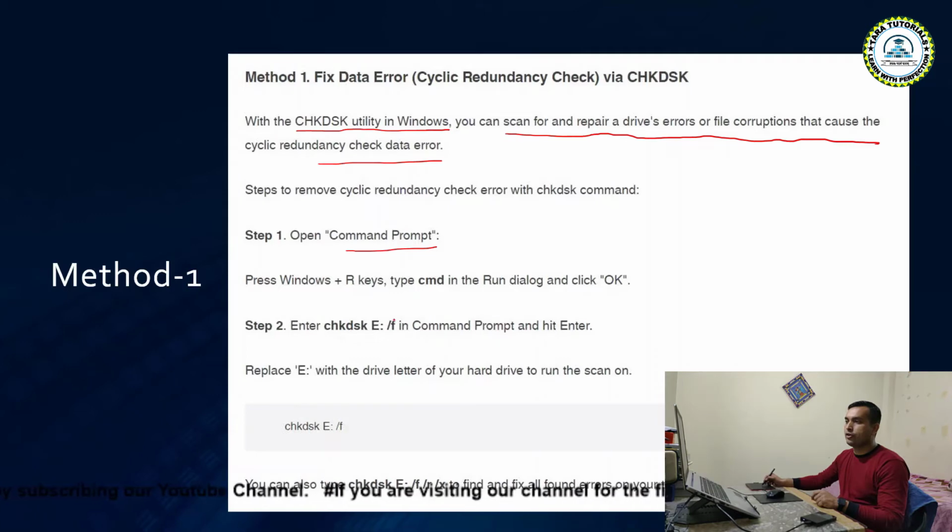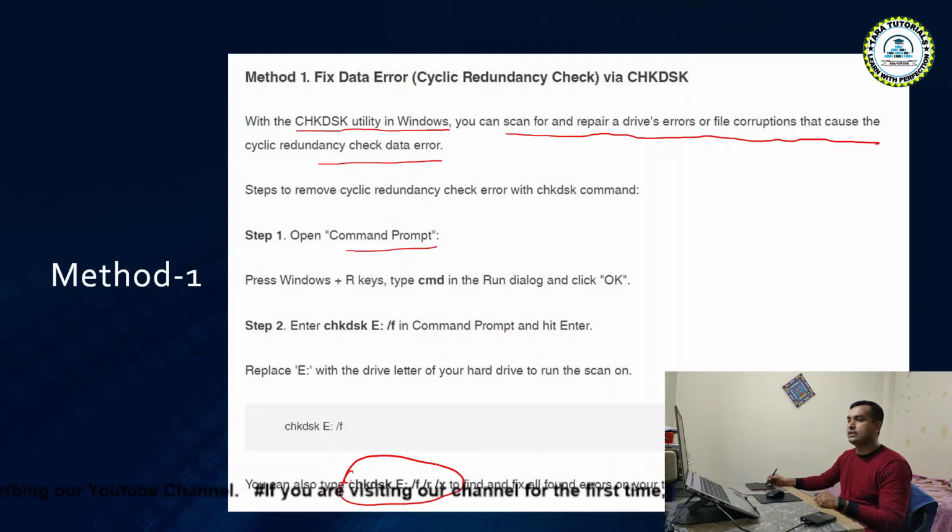The parameter option is given by the forward slash. You can use all 3 parameters together, and that will find and fix all the errors in your target device: F, R and X. X is to find the error, F is to repair the bad sector of the disk, and R is to remove the error.